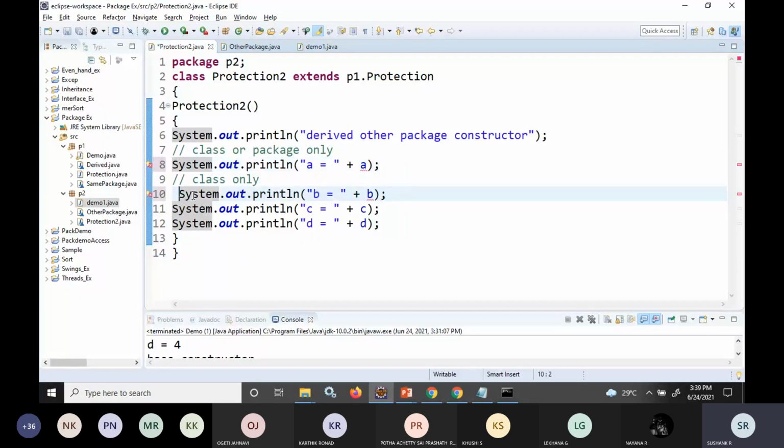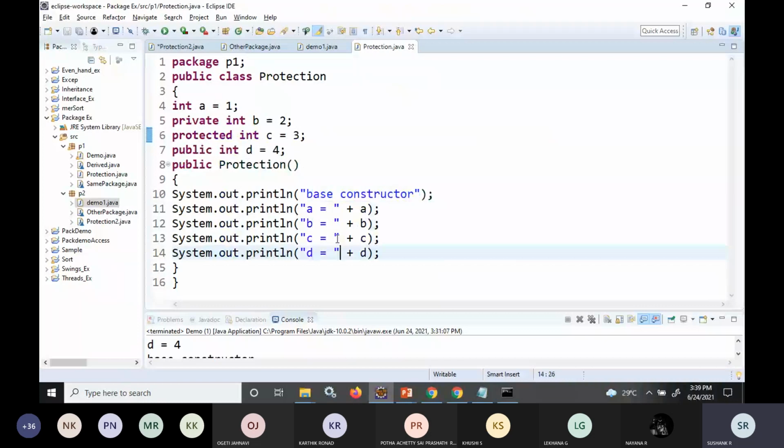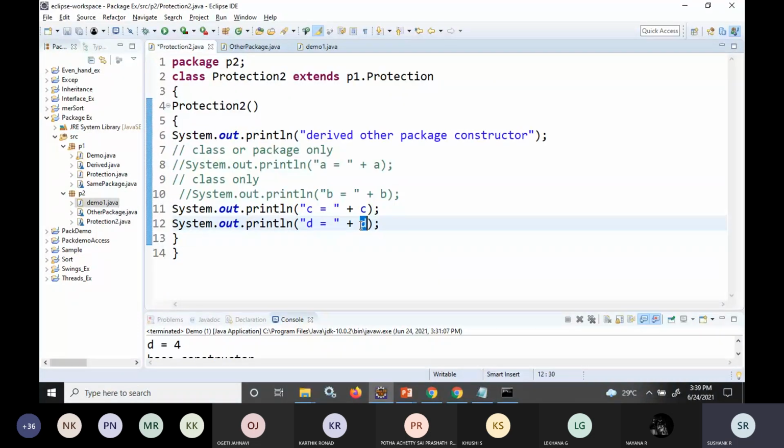I cannot access a default variable A and a private variable B, but I can access the protected variable and I can access the public variable.